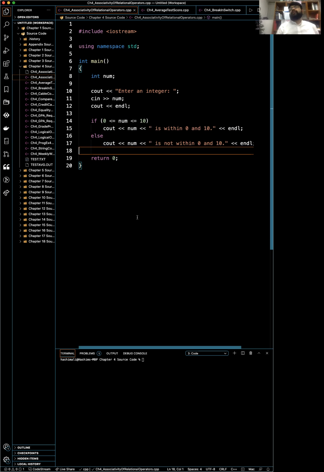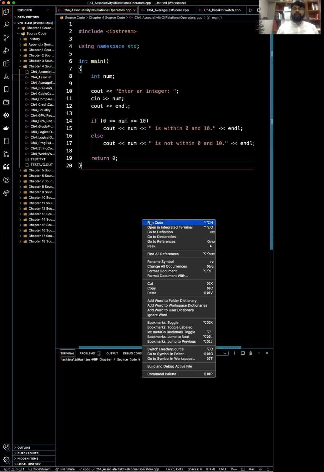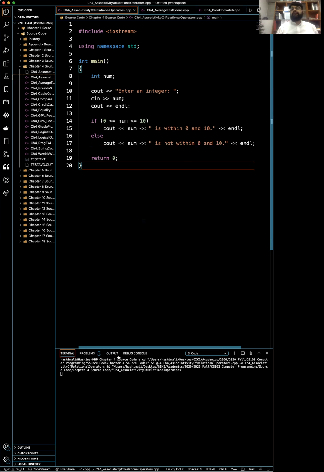But here's the problem. When we run it, ideally, for example, you enter the number 5. That 5 is between 0 and 10, and you should get "5 is within 0 and 10." That's fine. And if you enter a number, let's say 15, 15 is greater than or equal to 0, yes, that's true, but it's not less than or equal to 10. Hence, ideally, we should go to the else and mention that 15 is not within 0 and 10. But if you notice, if I run this code and input the number 15, as you'll see here in a minute,